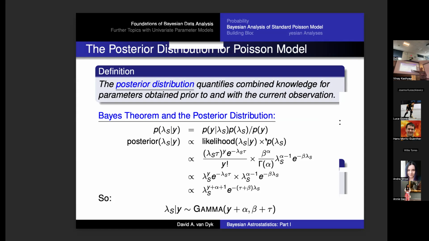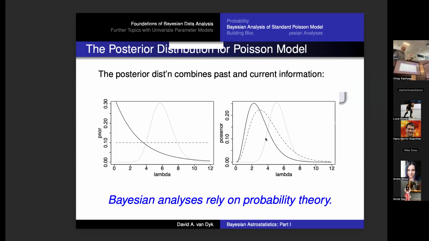I write down the likelihood and the prior from the previous page, and I move them around. And what you can see is that the functional form, this thing, is lambda to a power times e to the minus lambda times something. So that means that this thing is also a gamma distribution, but it has different parameters. And that makes my analysis very, very easy. That's why I choose the gamma distribution in this case, because it looks like a Poisson distribution. So we'll come back to that nice property in a moment.